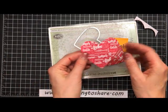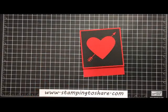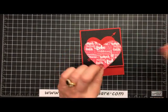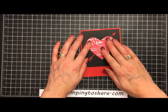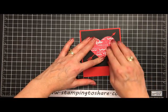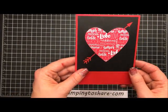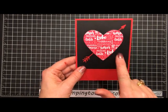And what we can do now is take this heart and put that right onto our card. So again, I'm just going to use a little multi-purpose liquid glue on the back side, and we can set this right into the front of our heart. Just wiggle it right into place. You'll feel it go right in where it needs to go, because this will be a perfect fit since you use the same size heart framelit. And so that is the front of our card completed, almost,